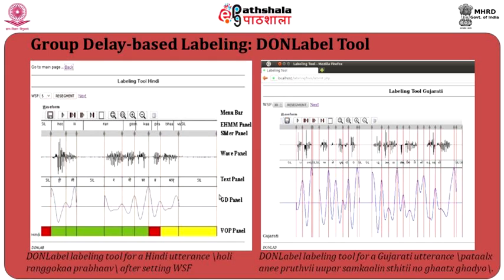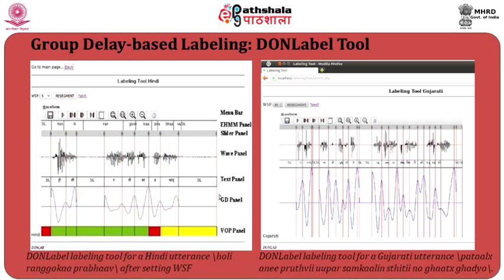To assist this, a separate kind of experiment is being done, and a semi-automatic tool was developed based on group delay functions. As in the figure, you can see the DON label labeling tool for a Hindi utterance, Holi Rangoka Prabhav, which you can see here. The labeling tool of Hindi represents MESPA, EHMM panel, still air panel, wave panel, text panel, GD panel and VOP